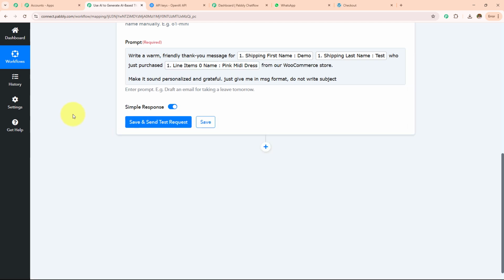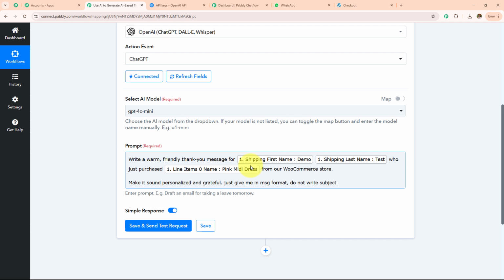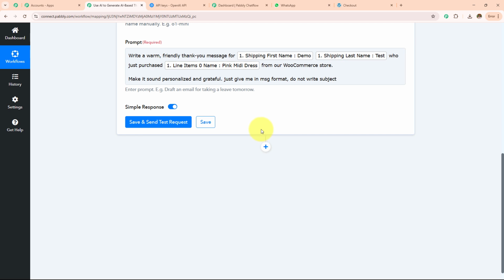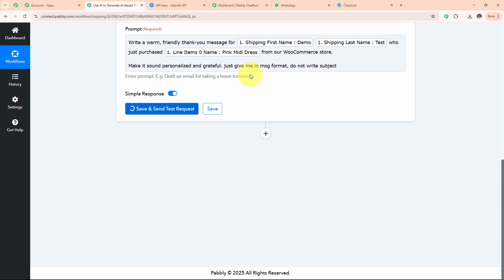Now over here, mapping is important so that every time you receive a new response, it is taken into consideration in this field. Manually entering the data will make this field static and the information will not change even if you have received a new response. If I manually enter any detail, this field will become static, and every time I receive a new response, the result will not change. So as to keep this field dynamic, we use this process, mapping, instead of manually entering the details. I've entered these details. I'm simply going to click on save and send test request.